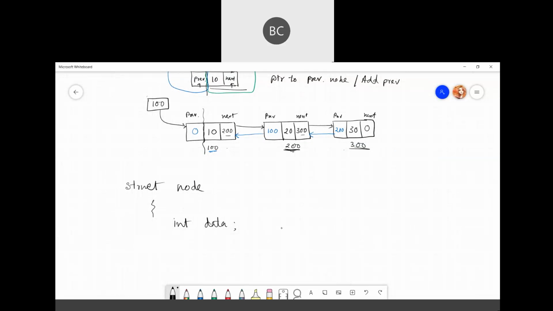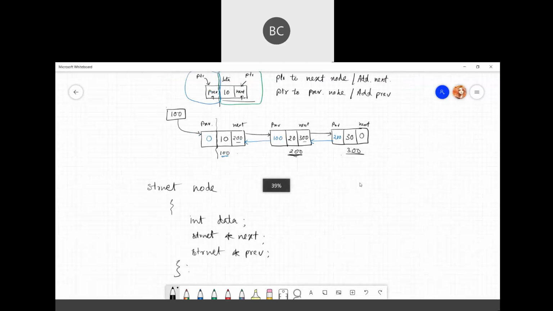Then you will have a structure pointer to the next, same as the normal one, just that there will be an extra structure pointer to the previous node to hold the address of the previous node.